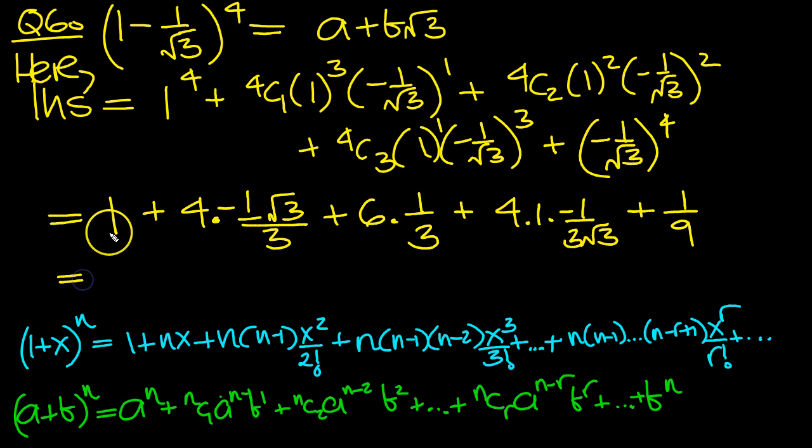So what have we got then? We've got a 1. This is a 2. 1 plus 2. 6 over 3 is 2. 3 and a ninth, which is 28 over 9. 3 and 1 ninth. 3 nines are 27 plus 1 more ninth. Minus 4 root 3 over 3